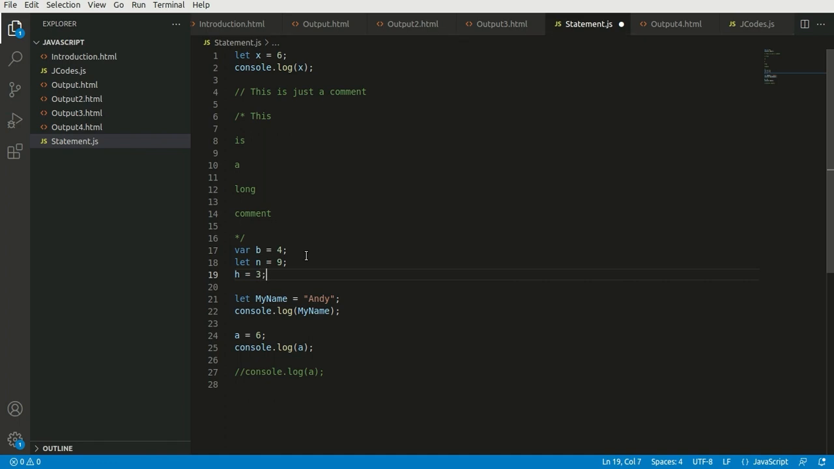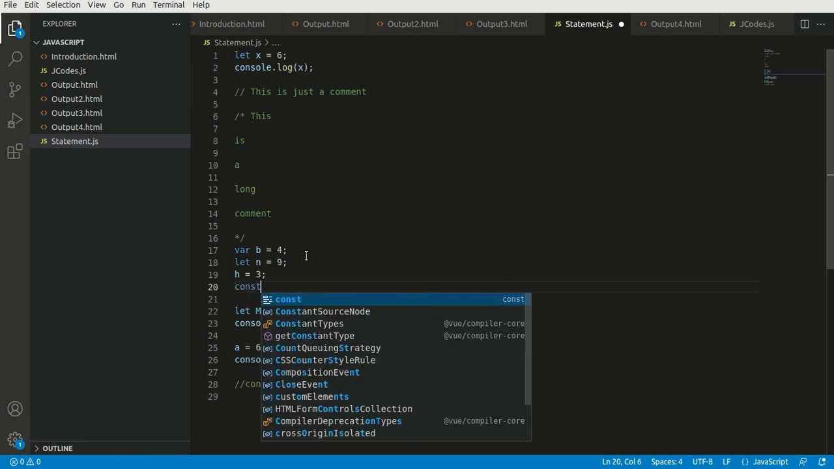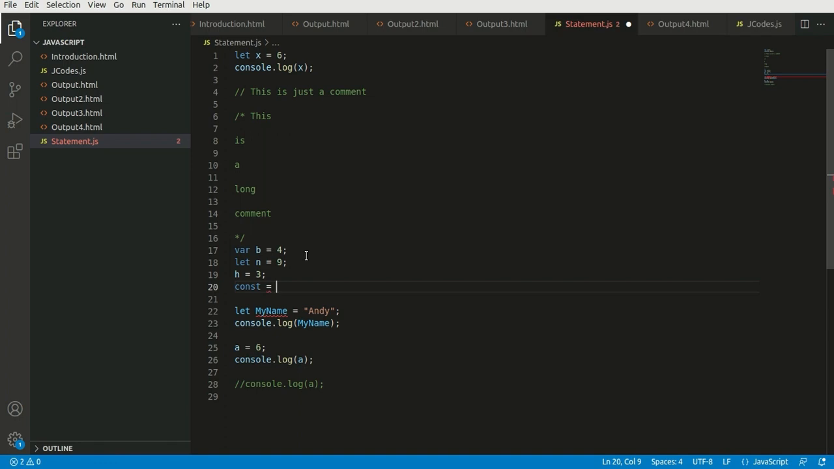And also after 2015 we had another declaration of variables, and that is const. We use const generally for the times that we don't want to change. For example, it's a kind of a rule inside of your code or program. So for example, you want to say const,